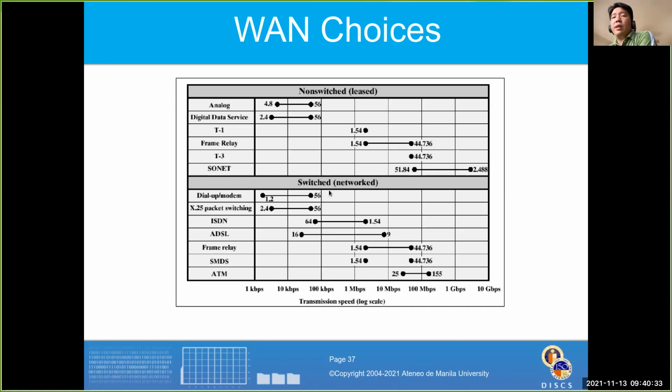Now, switch means you connect to a switch network, right? Or a cloud or frame relay network. So in this case, you can dial up into a switch network. The switch network allows you to access other networks. X25 is the same thing, right? It allows you to connect to packet switching networks or shared switch networks, which is also true for ISDN,